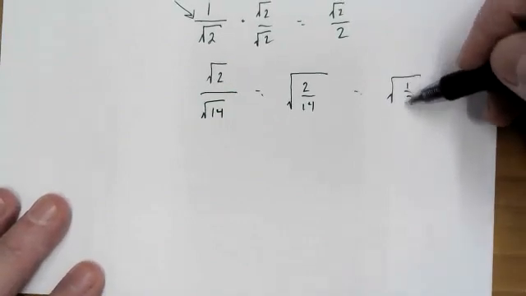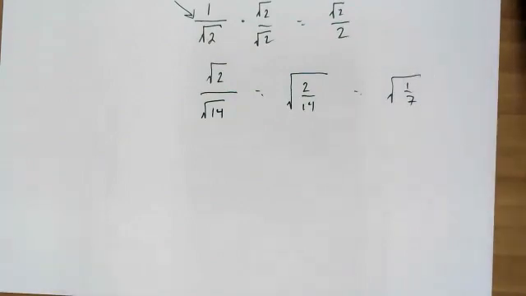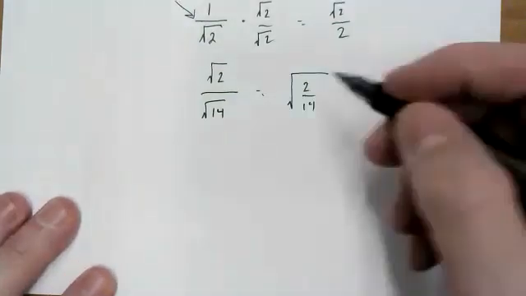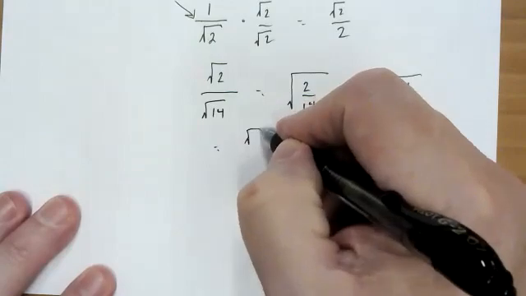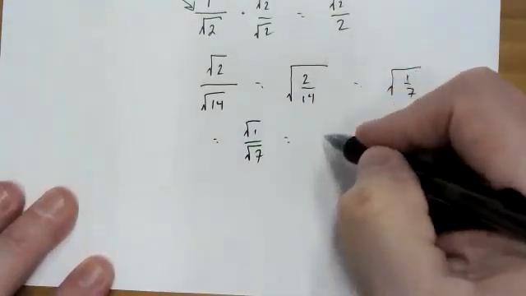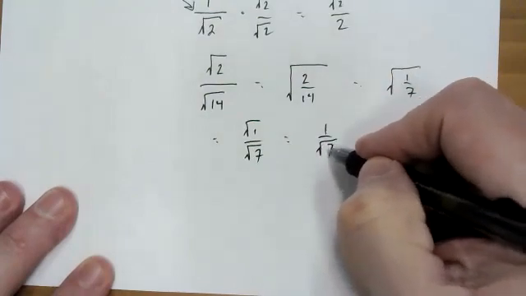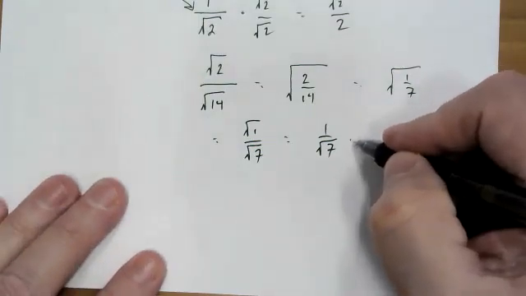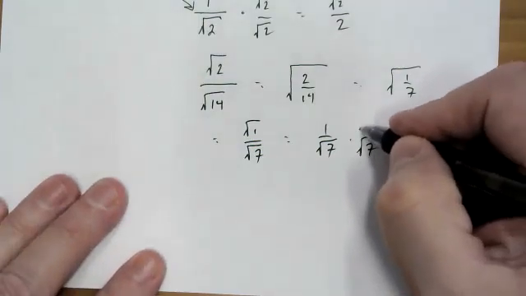Now, here's one rule I think they usually enforce. In the world of math, they usually don't like you to leave a fraction under the radical. So in this case, you could break it up into square root of 1 over square root of 7. Now, I think probably this is an okay answer, 1 over square root of 7. But if you wanted to go ahead and rationalize it just to be safe,